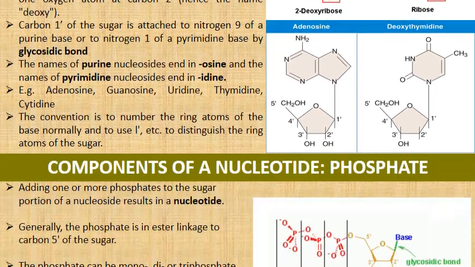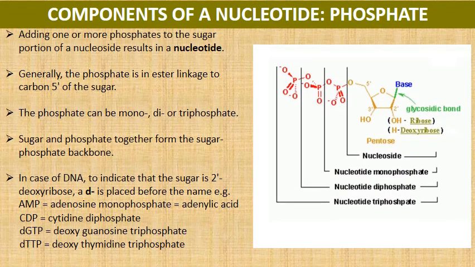The next component is the phosphate. Adding one or more phosphates to the sugar portion of a nucleoside results in a nucleotide. Generally, the phosphate is an ester linkage to carbon 5' of the sugar. They then form a bond which becomes the sugar phosphate backbone. This structure adds rigidity to the structure as the covalent bonds they form are much stronger than the hydrogen bonds